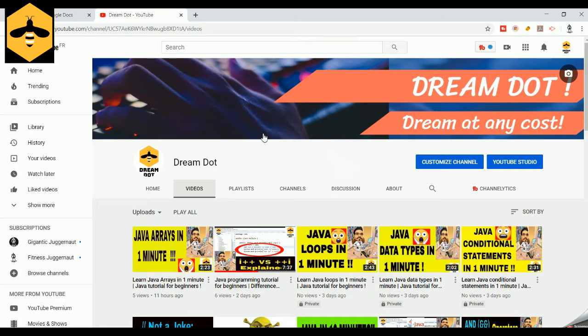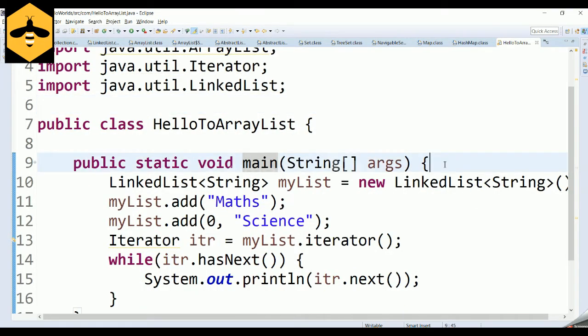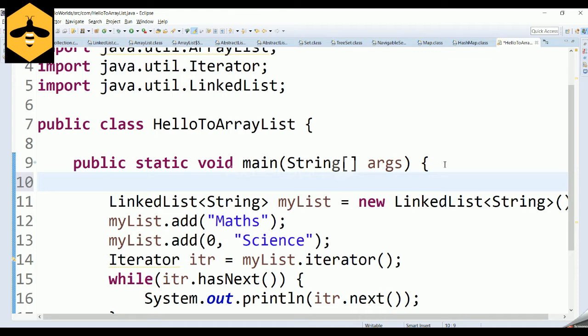One main point that we have missed in our previous videos is that the main advantage of using array list, linked list, or a vector when compared to using arrays is dynamic sizing. So what is dynamic sizing? Whenever you create an array, you have to specify the size of the array the first time. For example, this is the example that we took in our previous program. Suppose you wanted to create an integer array, so this is the syntax. You can create the array by making use of this.